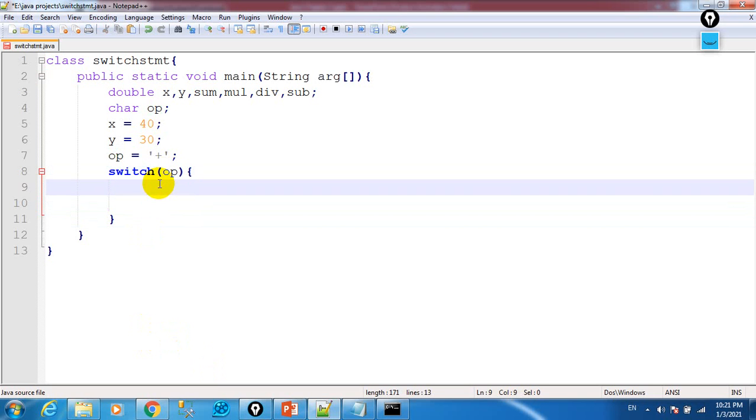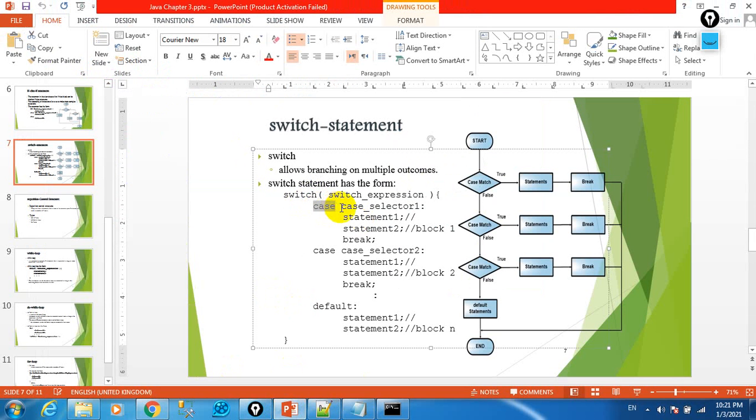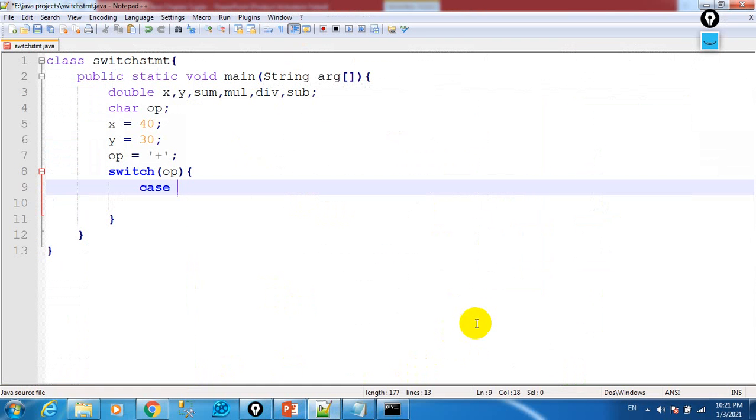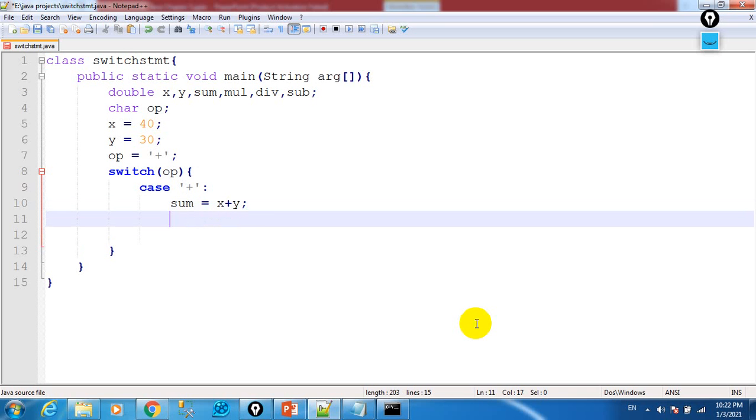So how, here I'm taking case. Just write the keyword case, then the value, and then colon, okay, full colon, not semicolon. So the first case, for example, if the value is plus, then what should you do, you should write sum is equal to x plus y, okay, and system dot out dot println sum is equal to,